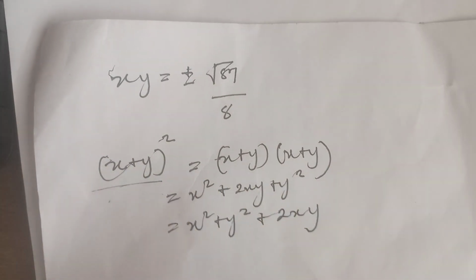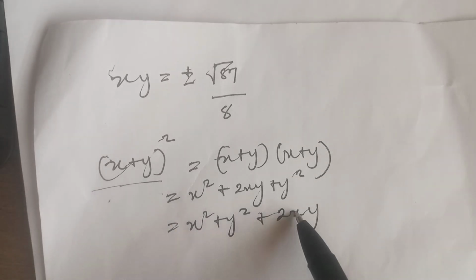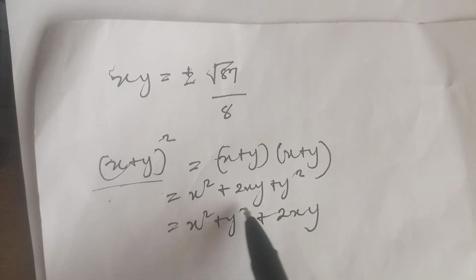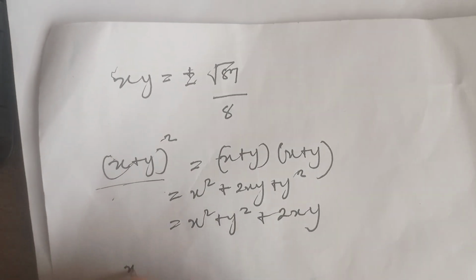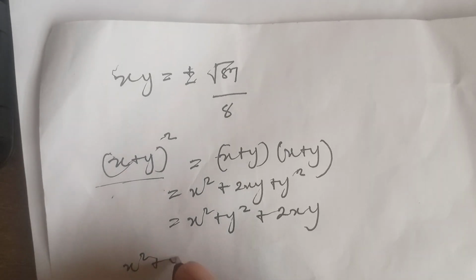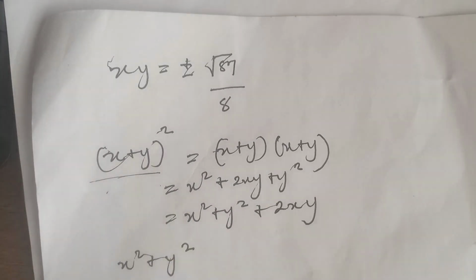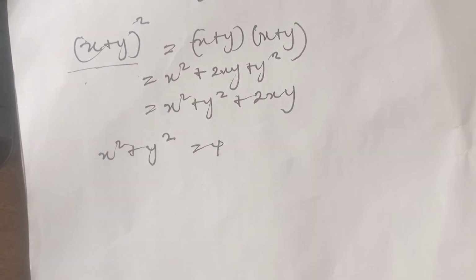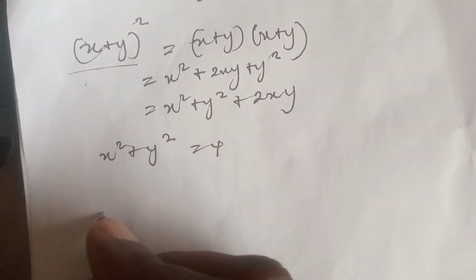So now you see our answer has come out. We have the answer now. So we already know the value of xy. This is the value of xy. So what is left there? x squared plus y squared. And in the question, we're given the value of x squared plus y squared, don't forget our equation 2. We're given this value to be 4. Yeah, from the question. So we just substitute inside. And so we now have